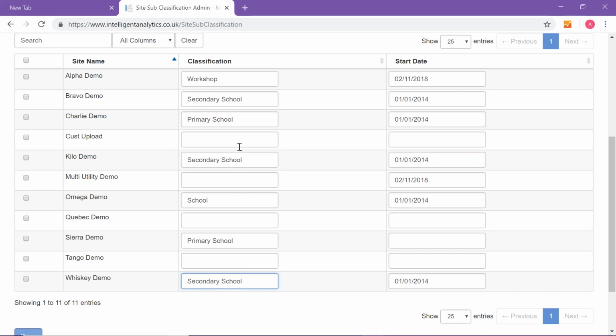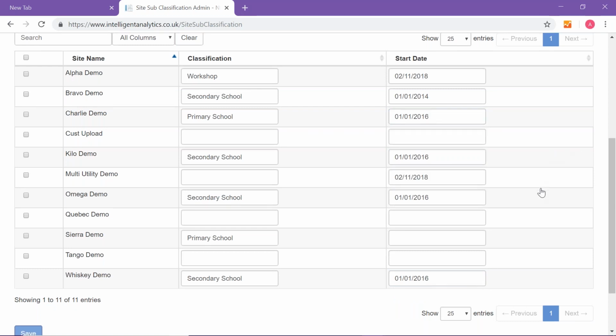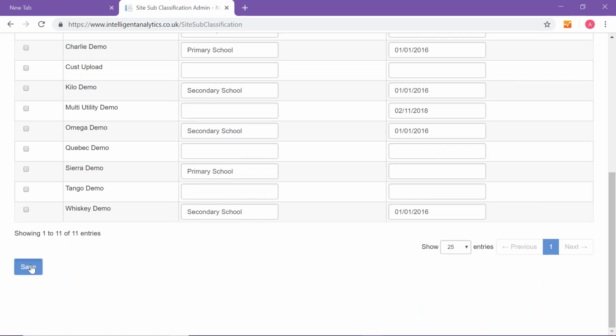And so is Omega Demo. And just update the dates in line with what I've done in the classification. So we'll change that to 2016. Once I've done that, if I select save,